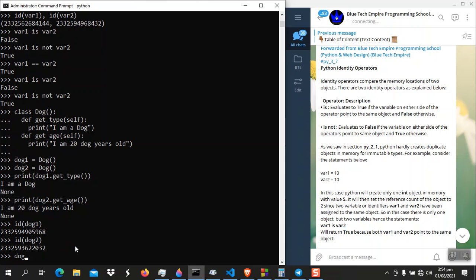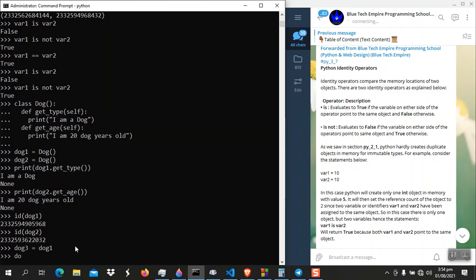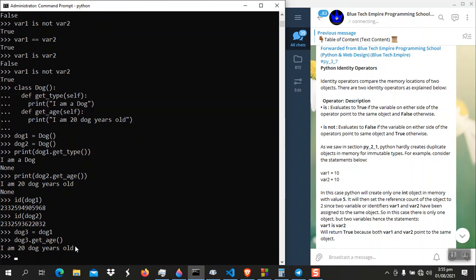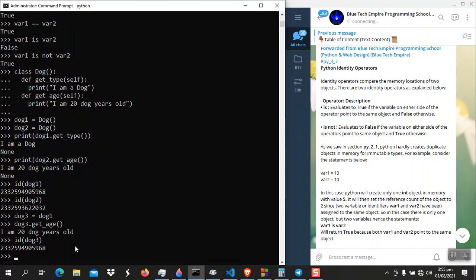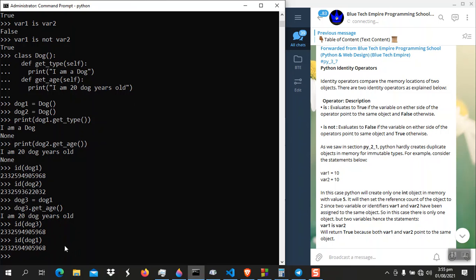What if you say dog3 equal to dog1, and we say dog3 dot print, now let dog3 dot get type, dog3 dot, let's just say get age, I am a dog. So now let's check the memory location of dog3. Now let's check the memory location of dog1. As you can clearly see, these two, dog1 and dog3, point to the same object in